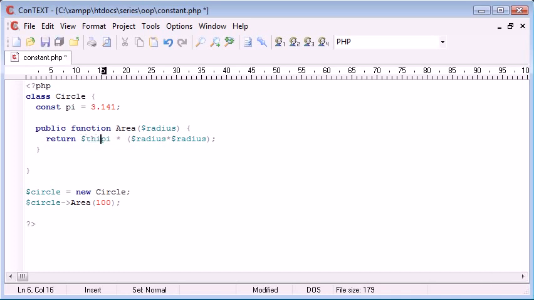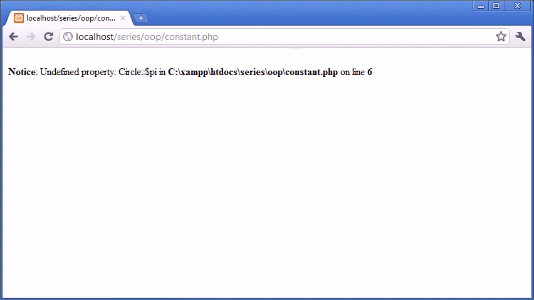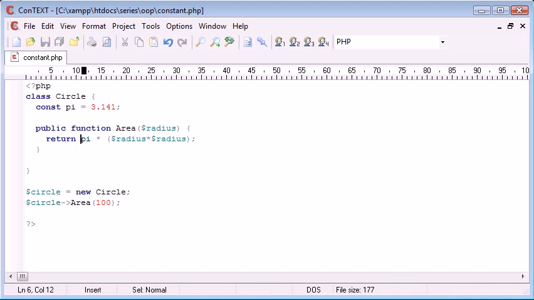Now usually we'd write this like this, so we'd do this and a hyphen and a greater than sign, and this would usually work. Let's refresh. You can see we've got undefined property again, the same error as we were getting before. So it's slightly different now. Remember I said you can use the double colon to access the properties or constants outside of your class. You can do that within as well, but this time instead of writing this, you need to write self, and this is without a